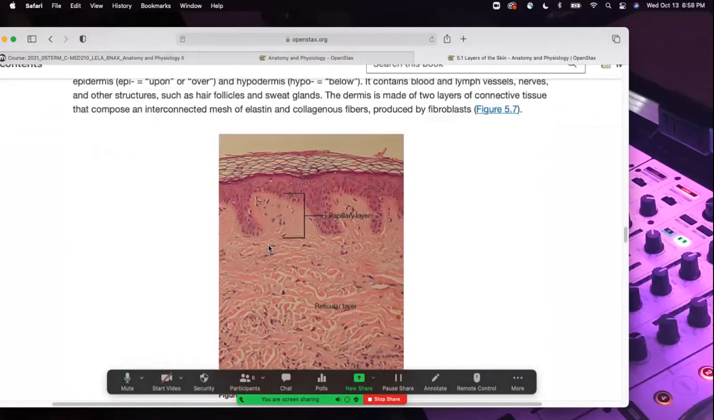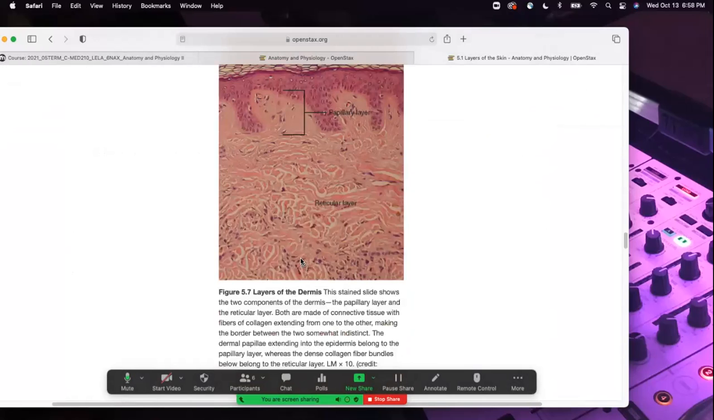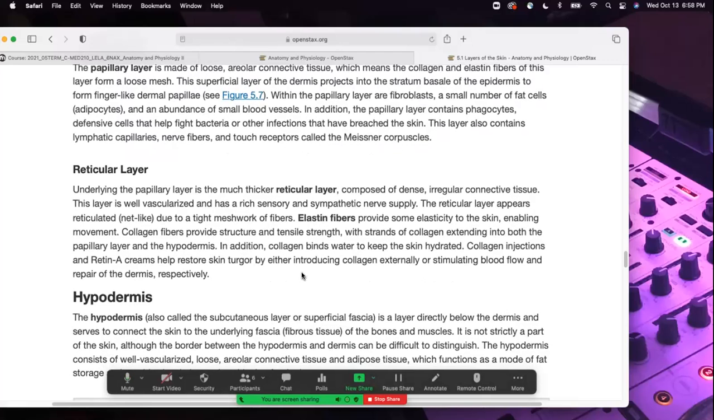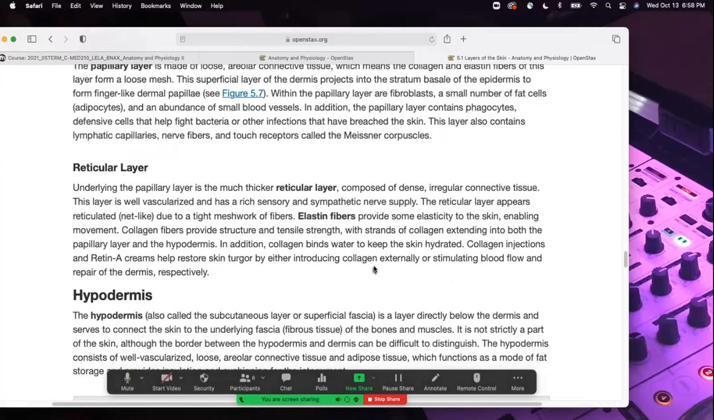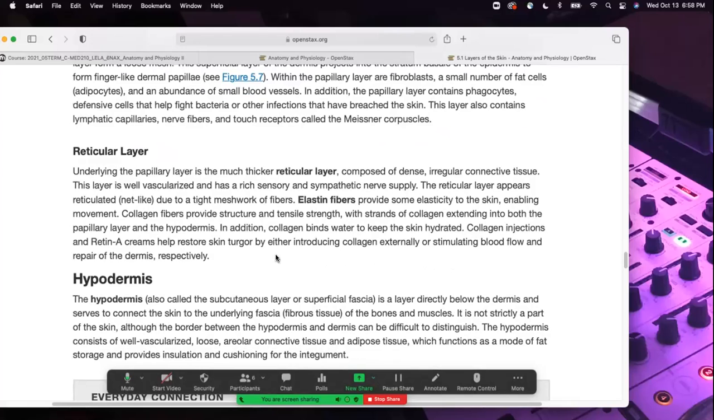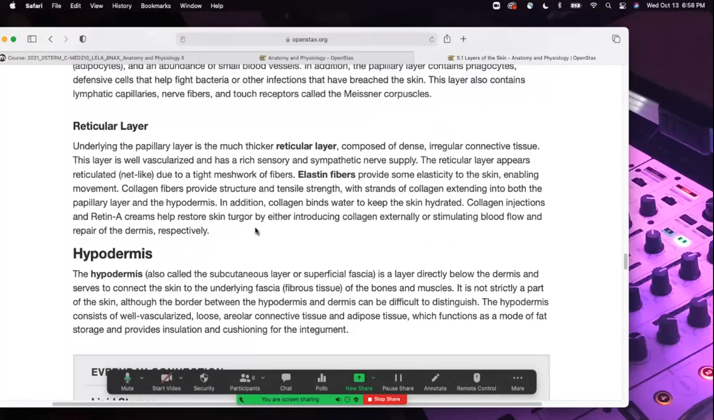Now, the reticular layer, you could use your imagination a little bit, and that's a little deeper into the dermis. The reticular layer has a lot of elastin fibers, which gives elasticity to your skin. And we'll be talking about how that goes away when you get older. There's also collagen in there, which gives it its strength. That also goes away when you get older. Okay? So collagen injections, retinates, creams, I see it as a temporary fix, in my professional opinion. And that's why we talk about aging. You can't stop the aging process. Like retin-A and collagen injections and all that other stuff, it slows it down. But